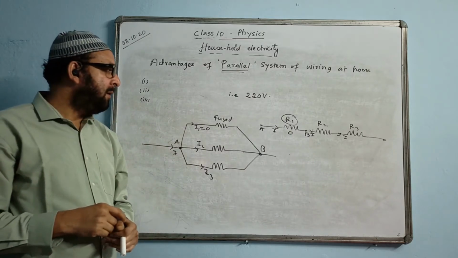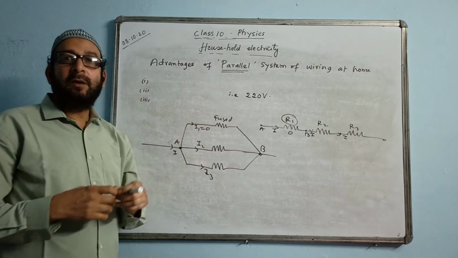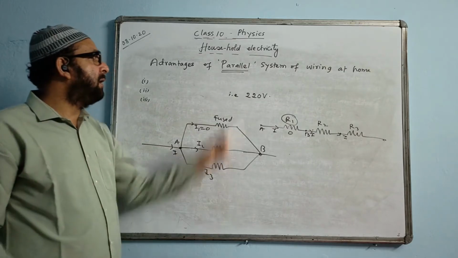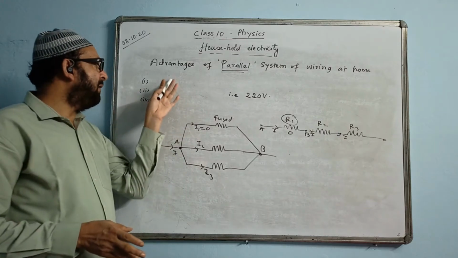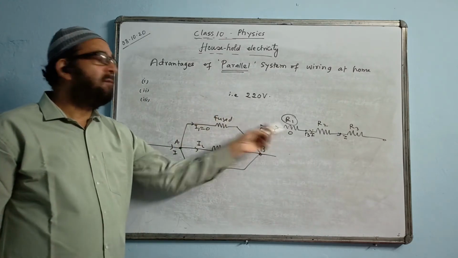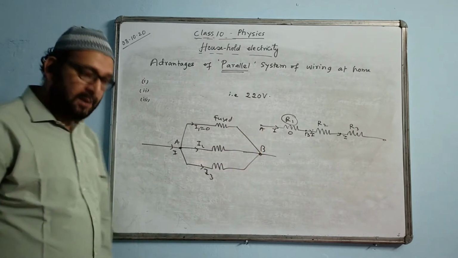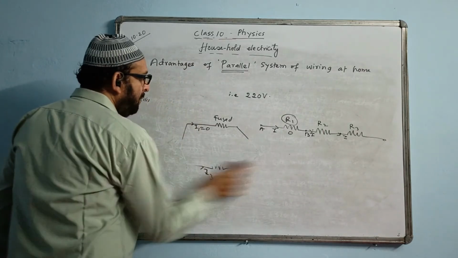That is the idea. So parallel is the type of combination we very often see. The household wiring is done. Is it done in series or in parallel? So the answer is it is done in parallel, because in parallel I get the advantages of the parallel system in household wiring, but the disadvantage also I get. But in some situations series combination can be advantageous. Okay, and I described the situation.